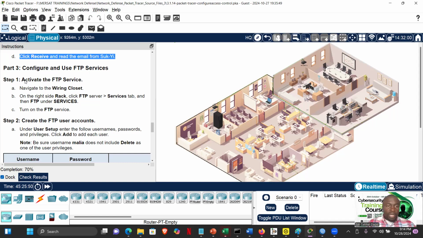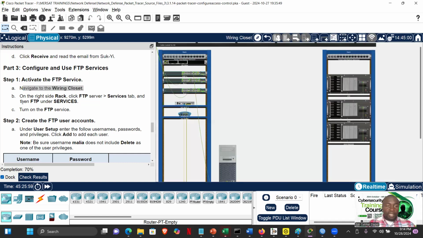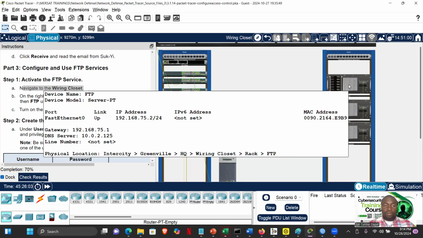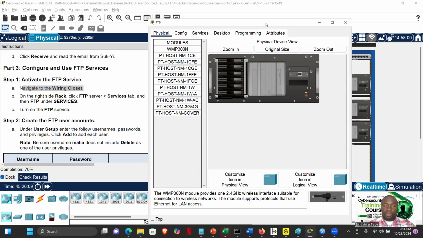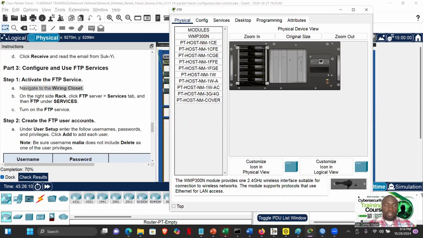All right, so let's activate the FTP service. Where A says navigate to the wiring closet. Where is our wiring closet? This is our wiring closet here. We navigate to our wiring closet, and there it says on the right side rack, click FTP server. I guess this is FTP server. Look at the name there, FTP server. So we click FTP server, and then it says